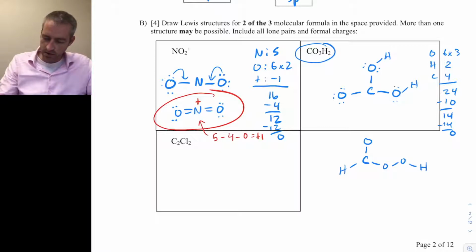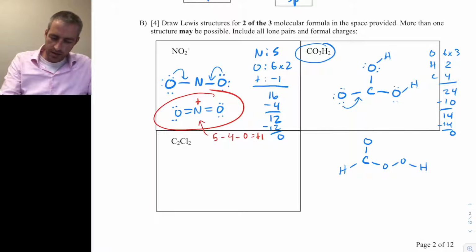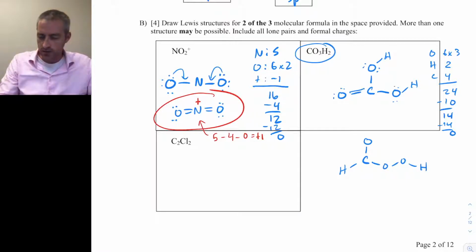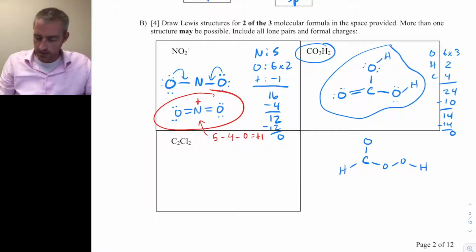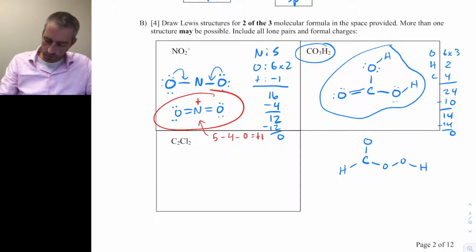Carbon in the center does not have a full octet, so we can bring a pair down. And if we do that, we will get a double bond between those 2 atoms, and you will have a molecule of carbonic acid. If you do the structure that I showed you below, you still have 14 to place,